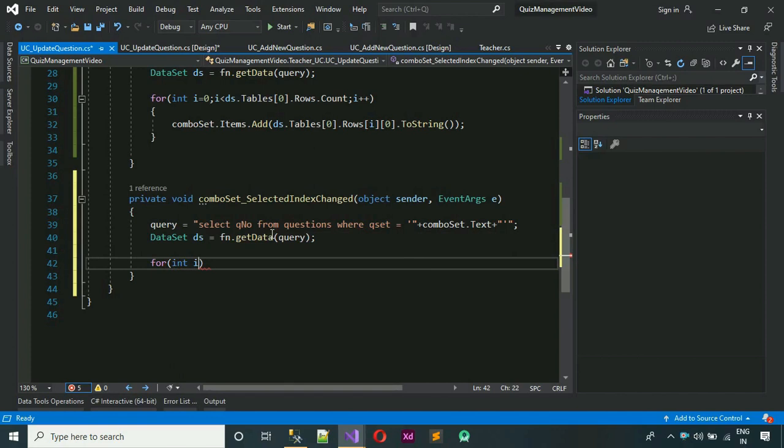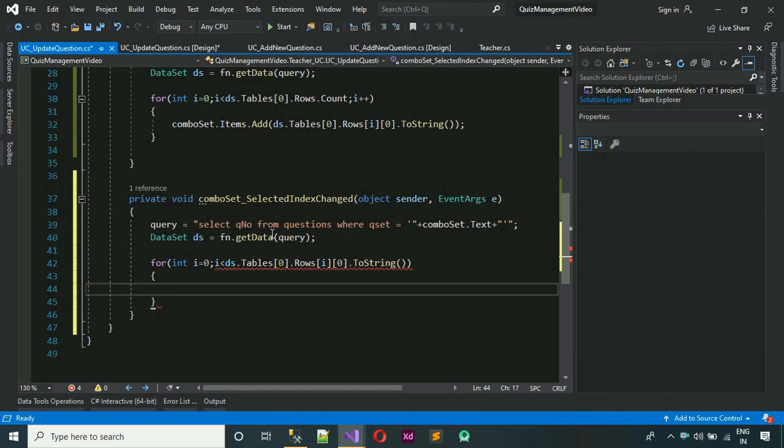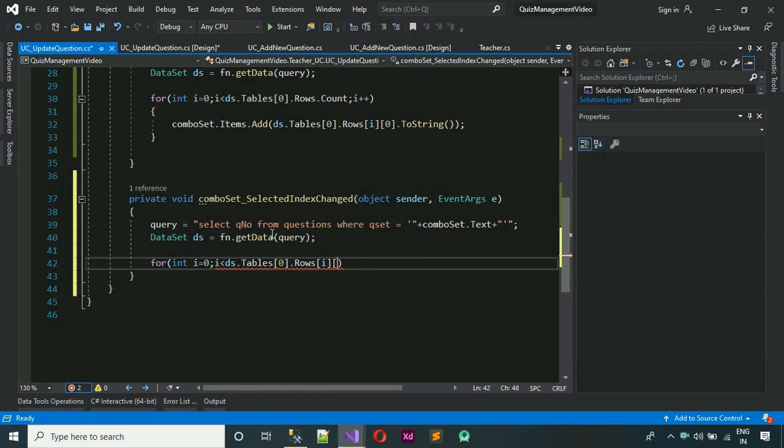So int i is equal to 0 and i should be less than ds.Tables. Inside this one we have to put the 0.Rows[i], and this will be always 0.ToString, like this. We have written something wrong: ds.Tables[0].Rows.Count